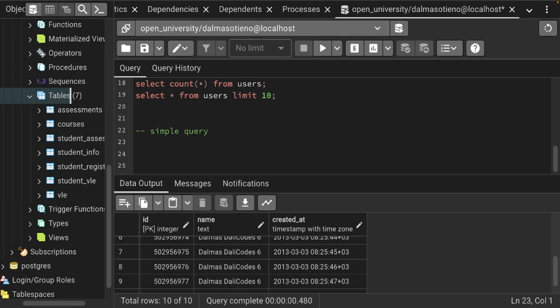And this query is going to select, what I want to do is to select count of IDs, and I'm going to call this number of users. Then I want date of created at,